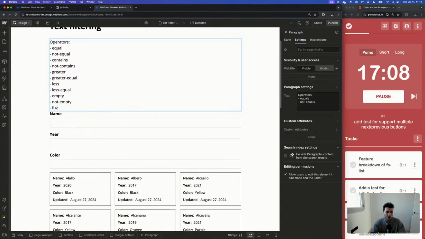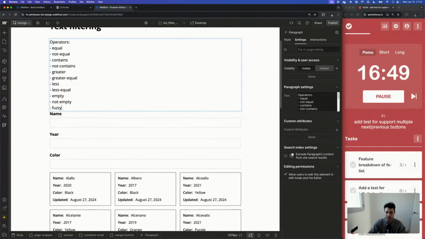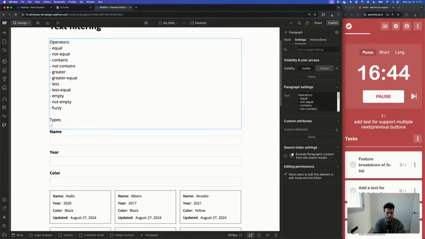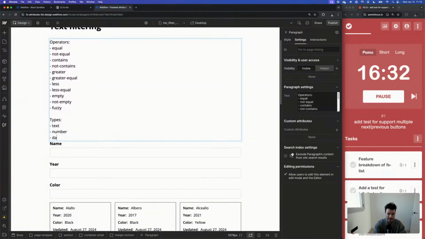So we need to add tests for all of these. It's going to be a bit cumbersome, but we need to do it because I want to make sure that when we ship, it's fully working. Not only that, but actually we need to test for types as well. Because a field can be either the default type, which is a string, but there are number types and date types. So it can be text, it can be number, or it can be date.